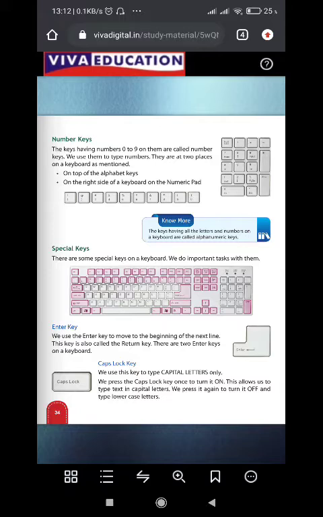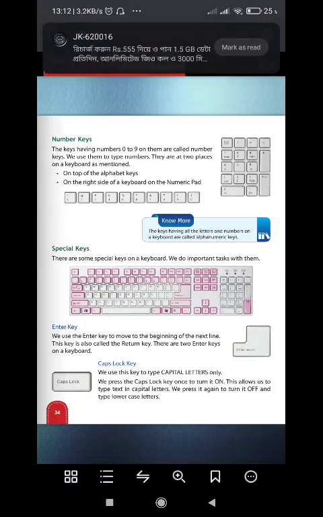There are two places on a keyboard as mentioned. One is on top of the alphabet keys, in a row, and the other is on the right side of the keyboard, on the numeric pad. So there are 2 sections for the numeric keys, from 0 to 9.